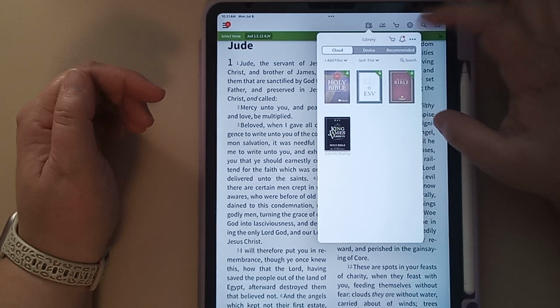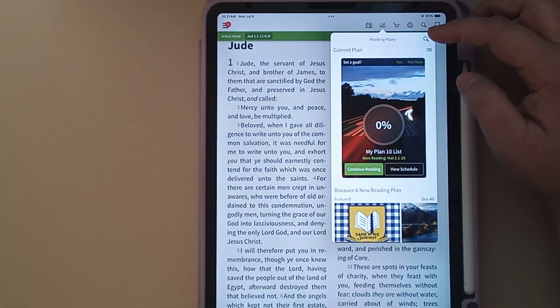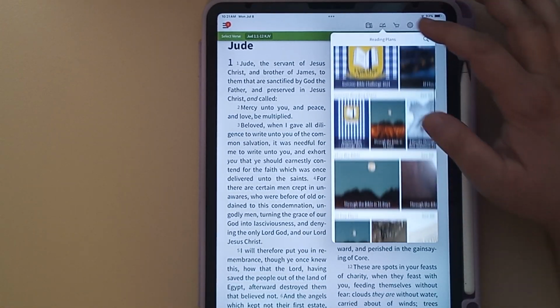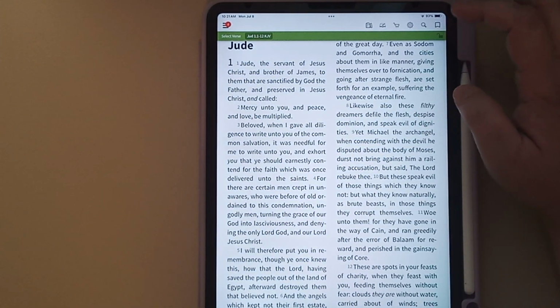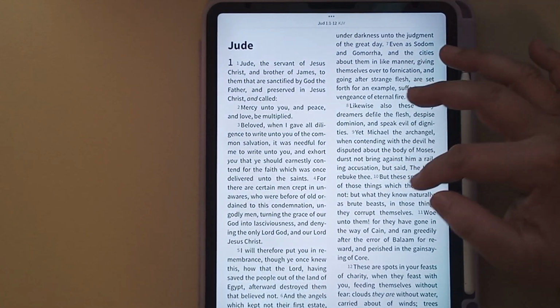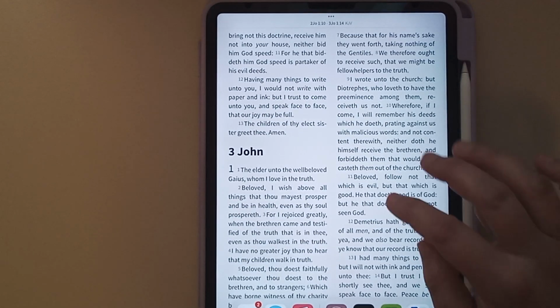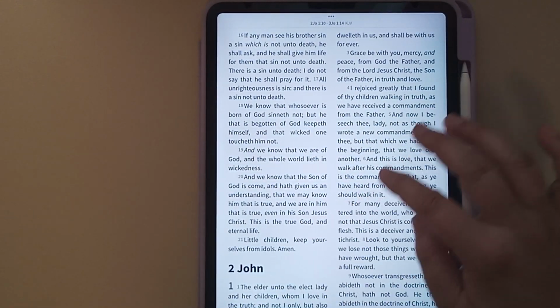You can look at different versions of the Bible. You can go in and see different reading plans that are available on here. This is just another one of those reading apps that has the Bible on here that you can use. There is a way that you can get some